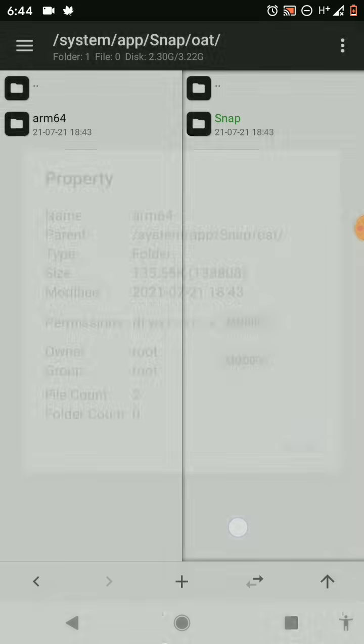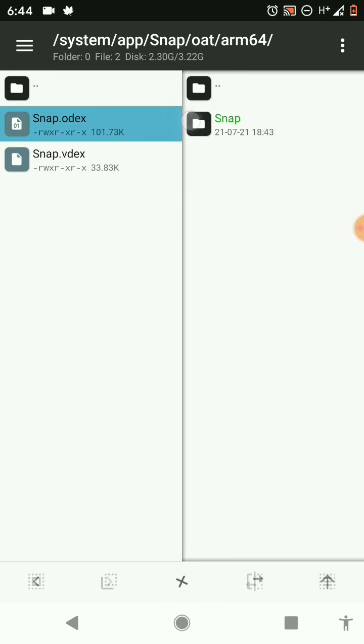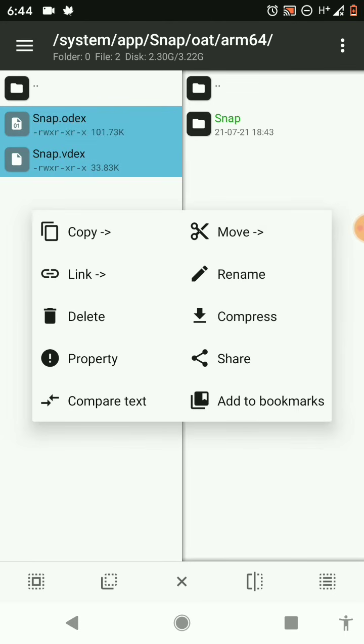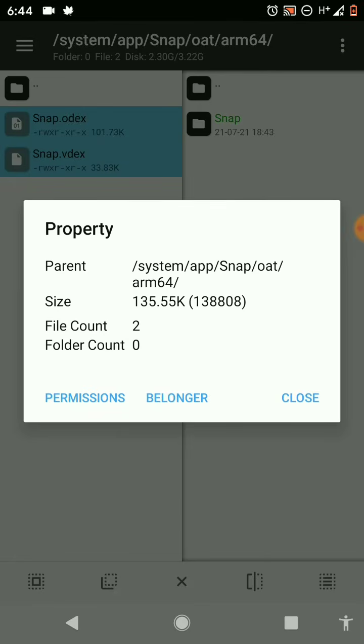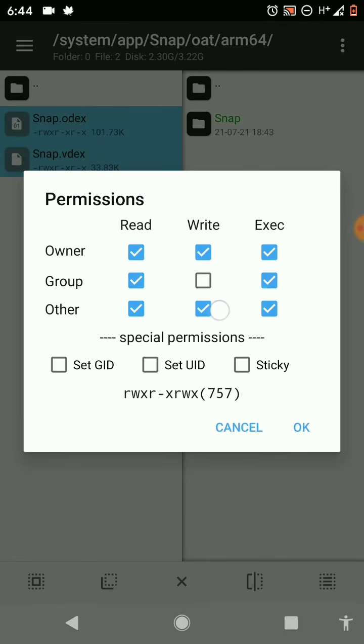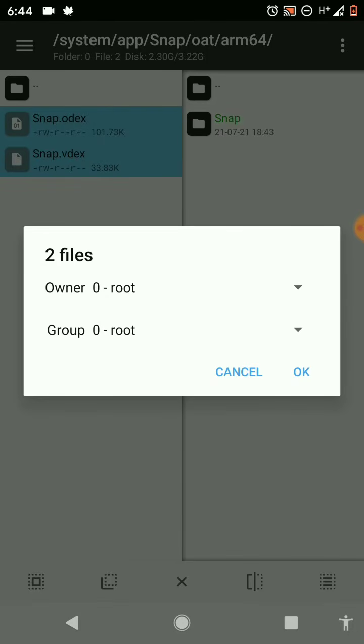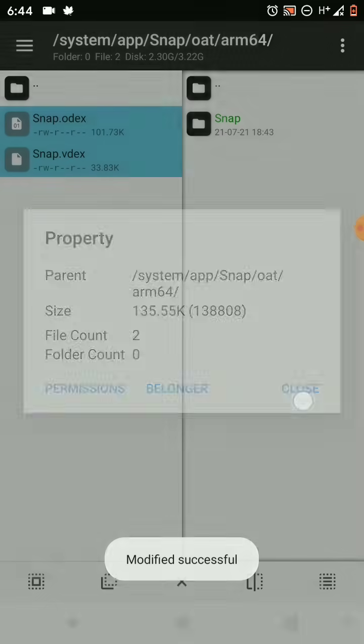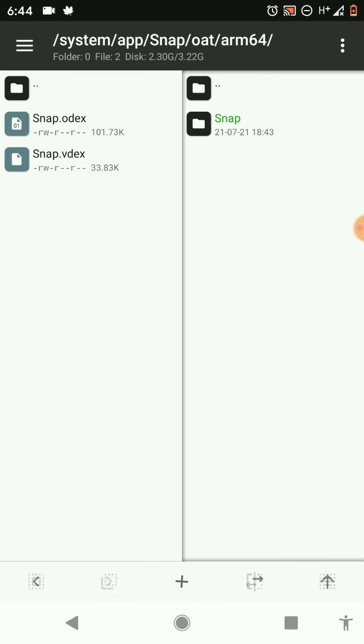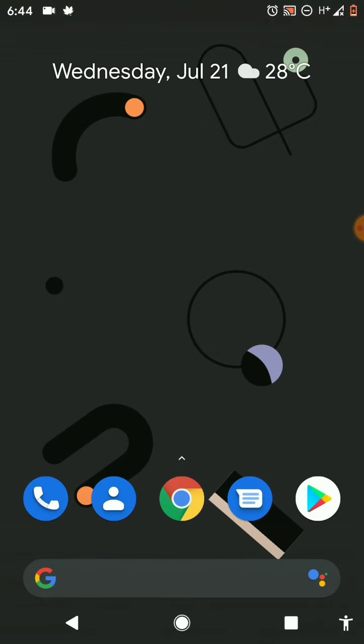No, it's not necessary because we have already set up the permissions. Now select these two files and change the permissions. Go to this, select root for both options. Then we have successfully fixed our camera app.